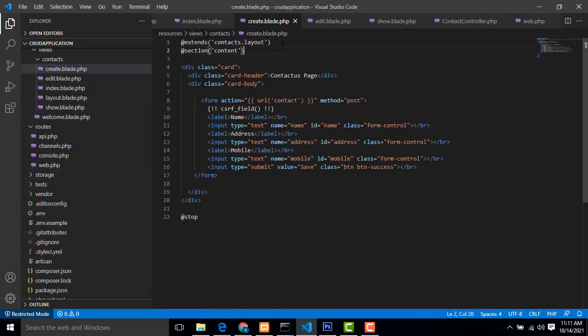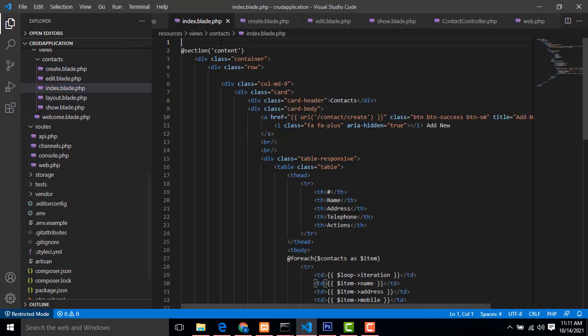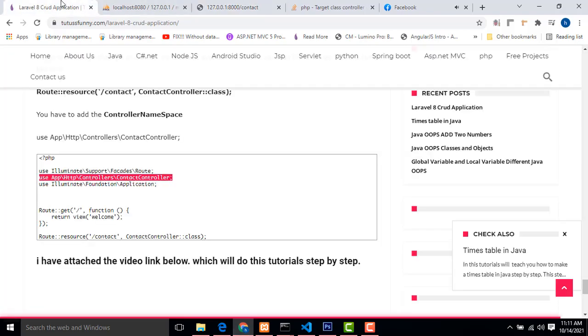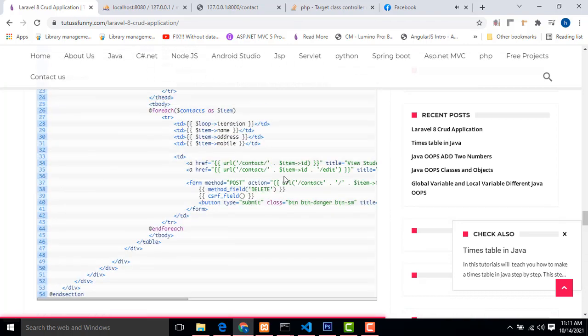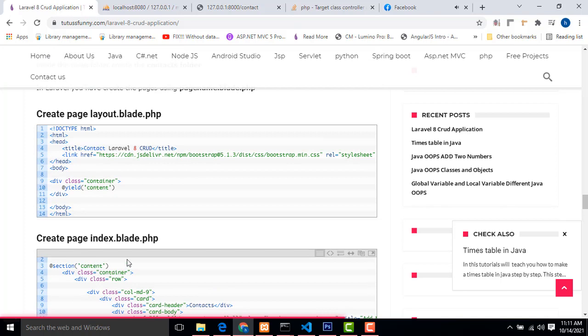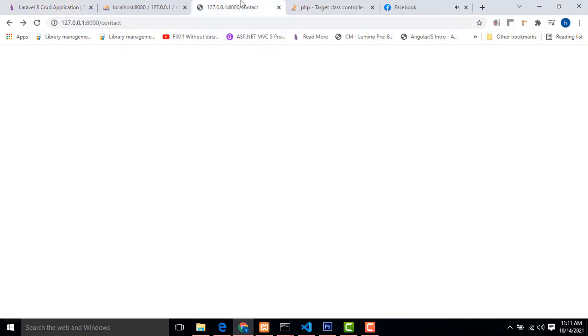Here we extend the layout; inside the contact folder there is a folder called layout. That's why the problem came. I also didn't add this line to the index page. I have to add it. Then execute this one and press enter.